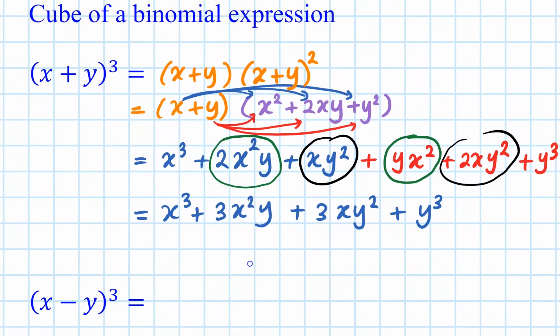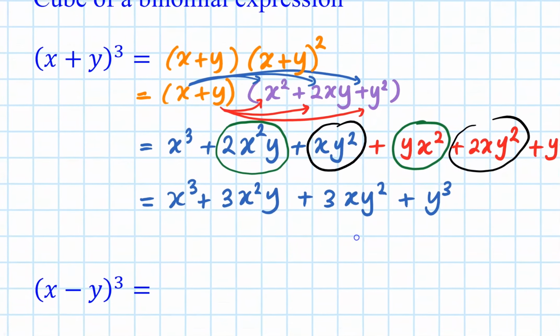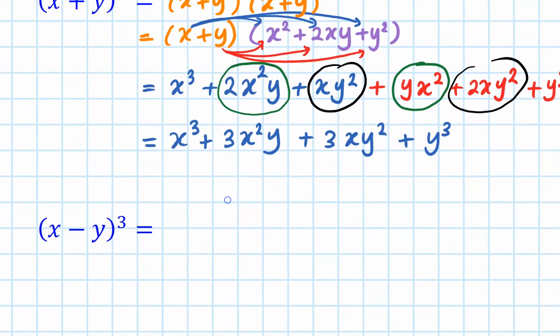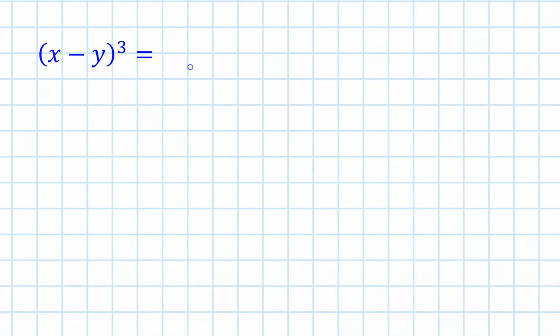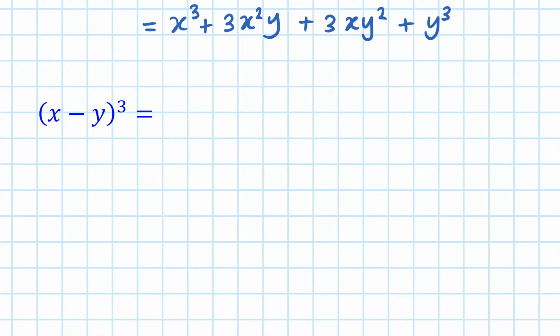Well, that's our cube of a binomial expression. We expand it, and that's our answer. Let us do the x minus y cube in the same manner. Now you get the hang of this one. We can easily write down this as 2 products,